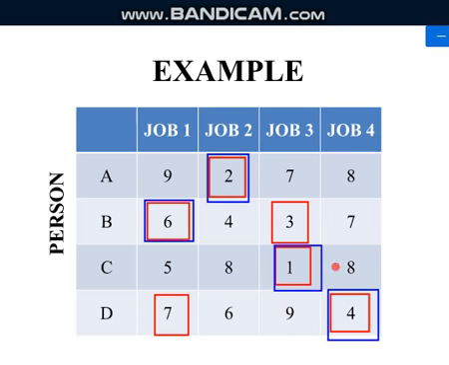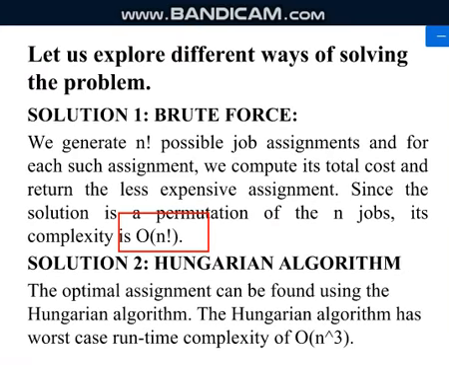If you again look into the problem, if you consider the least values, these would give you the best possible solution. So now this is one of the ways of solving the assignment problem. Okay, that is nothing but Hungarian's method. And what is the runtime complexity for Hungarian's method? It is n to the power 3, n cube.